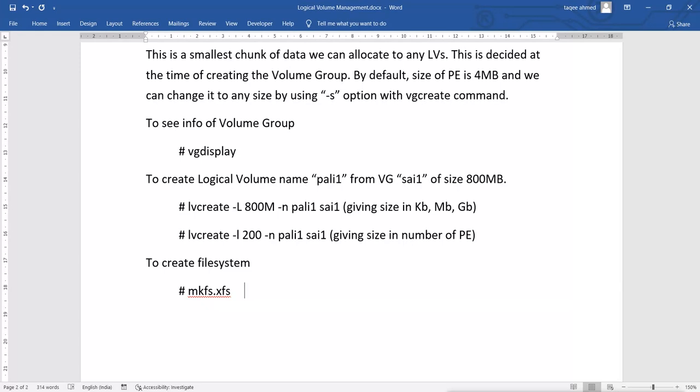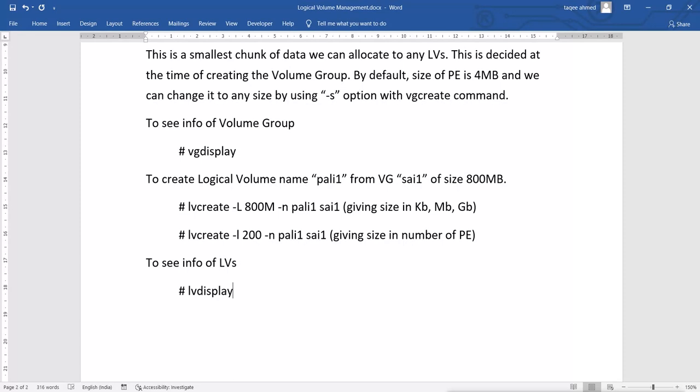Now to check the path of the LV, after creating the LV, we want to see the detail of the LV. To see the info of the LVs which we created, we use the lvdisplay command, and it will show you the path also.